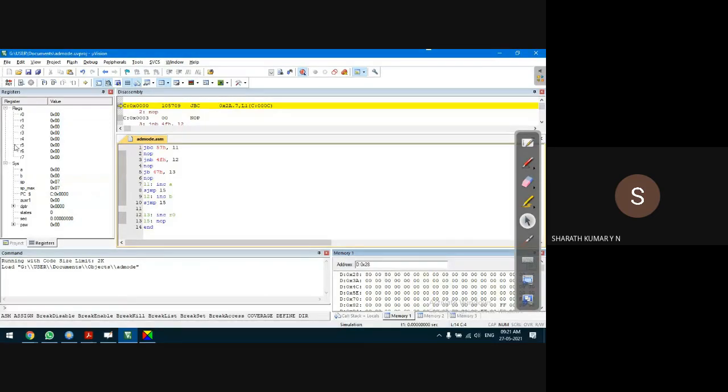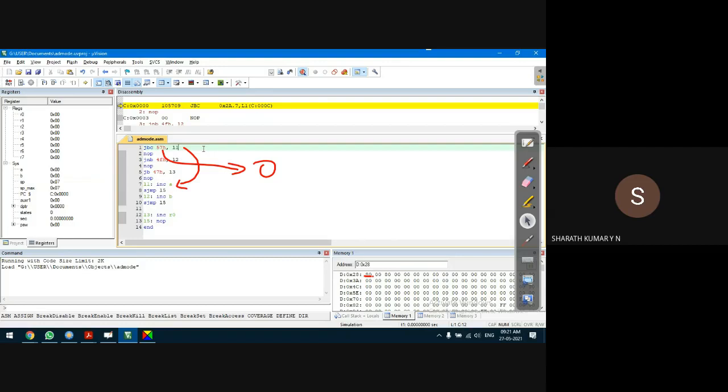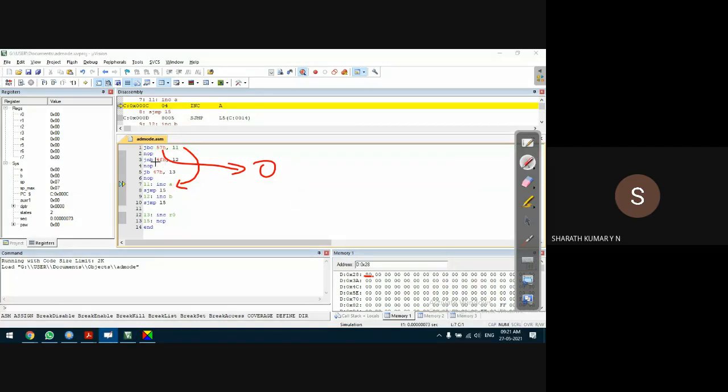Here we go. F11 on my keyboard. It checks whether the MSB of this 28 location is set to 1. If it is 1, it has to take a jump to L1. Before taking a jump, this location should be reset to 0. This should happen if everything goes well. F11 again. Observe this. This bit is set to 1.